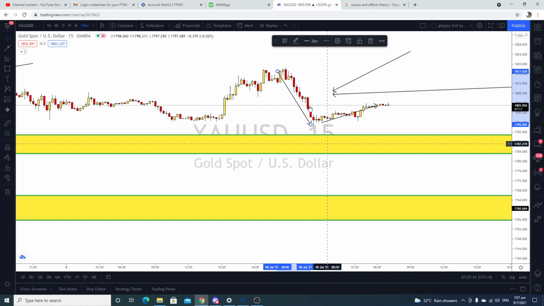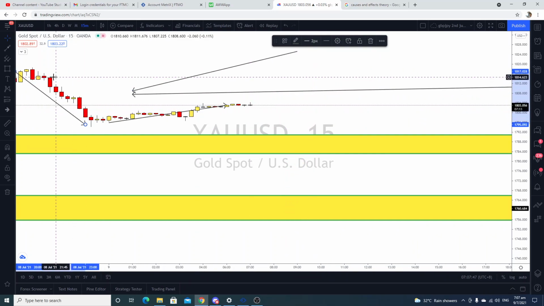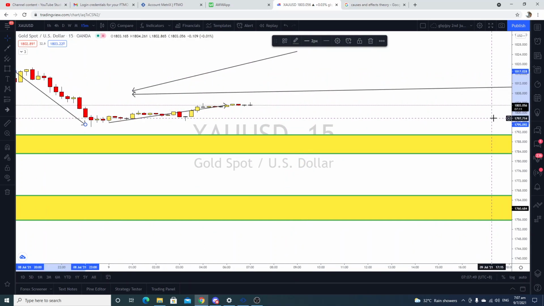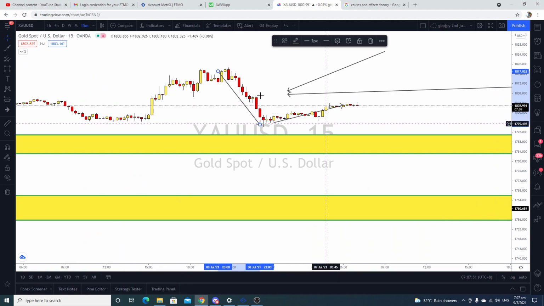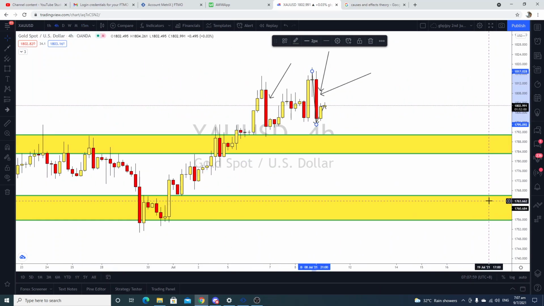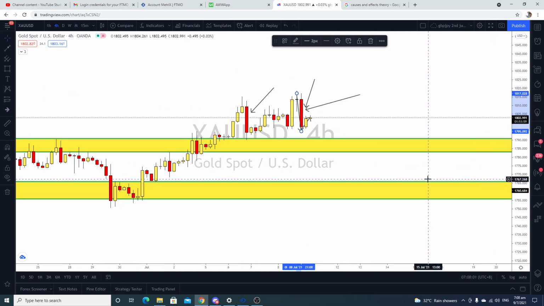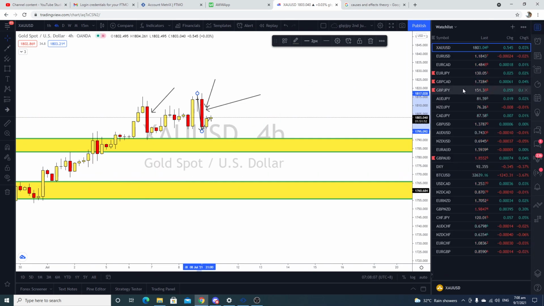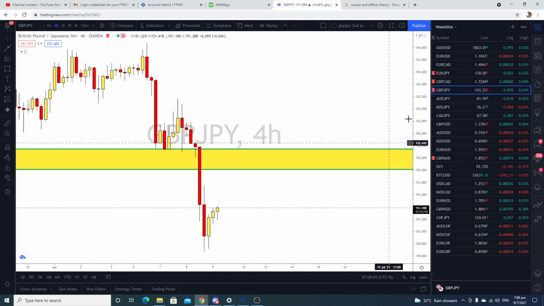Based on one candle, this is a bearish candle. How do we know it's a bearish candle? Combine all together and you will know it's a bearish candle. In this case, sellers are pushing the price down. From here you will know what kind of entries to make. But for now it's still conflicting, so we have to wait and see what happens for gold. The rest, let me see for pound yen.